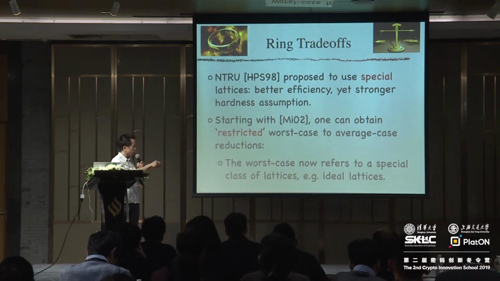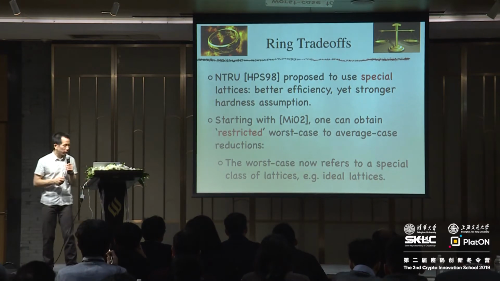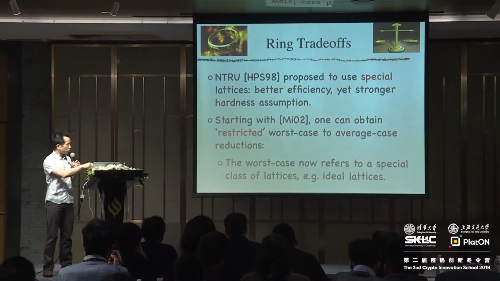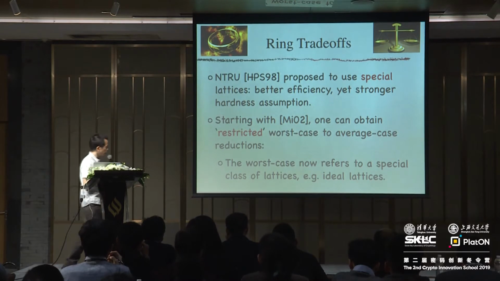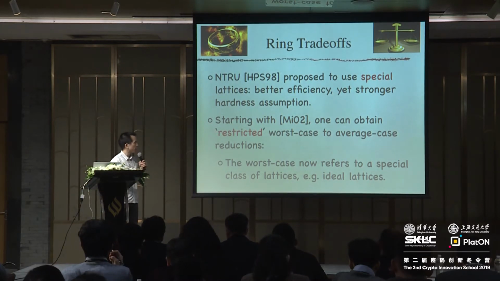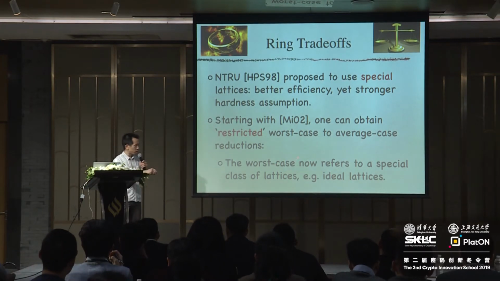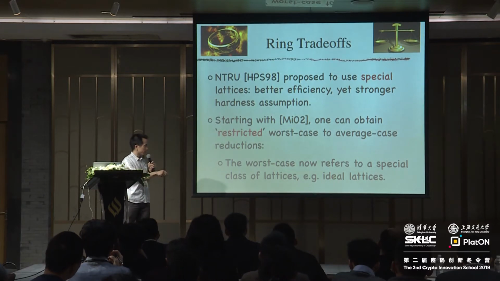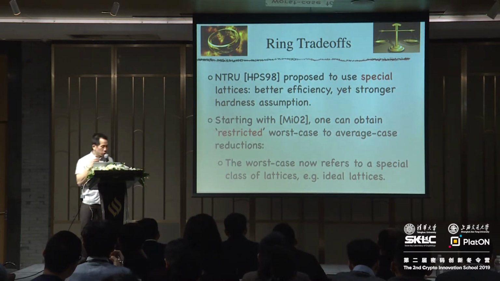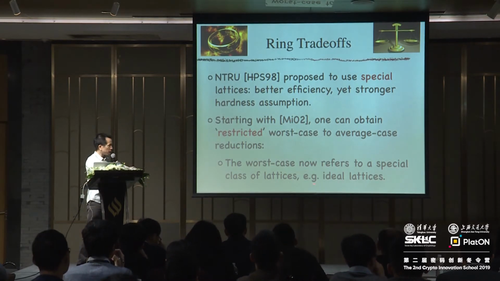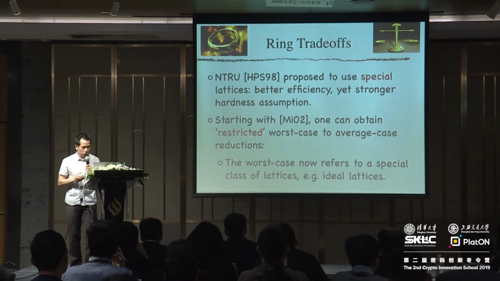But Micciancio was the first in 2002 to show that you can get also some trade-off in the worst case heuristic reduction itself. So you obtain what I would call a restricted worst case heuristic reduction, where the worst case is not any lattice, it's a special lattice. So you would live within a special class of lattices, such as ideal lattices, but not necessarily just ideal lattices. So to see this,